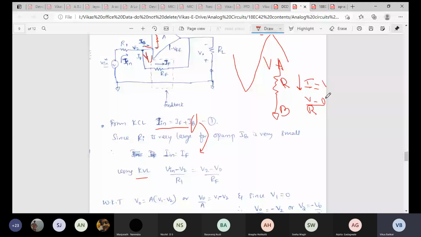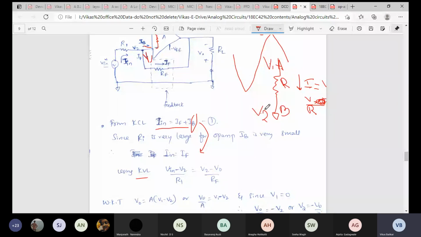Now, because it is understood that 0 is the ground, we do not consider this 0 while writing the equation, and hence we always ignore these things and write just V by R. So this is how basically Ohm's law works. Now if it were V1 and V2, then your Ohm's law equation would have been I is equal to V1 minus V2 divided by R. So V1 value